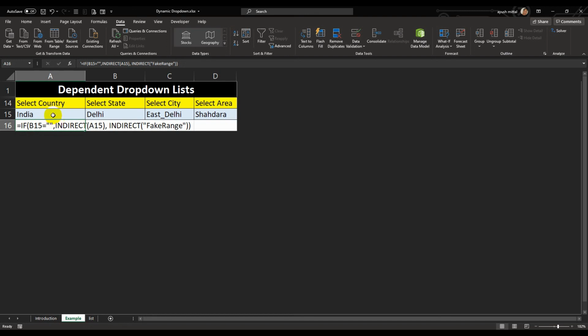In the previous one we used INDIRECT on A15 only, but here we are using an IF statement so that it gives me the correct result, and if it is not equal to empty, then create a fake string. Similarly for other drop downs also.